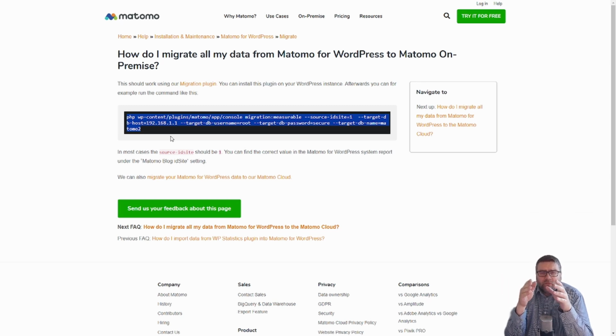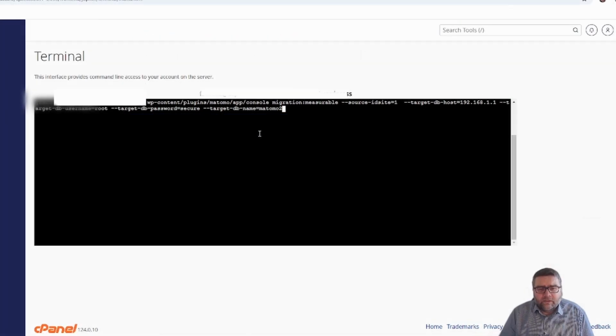So I'm just going to copy that across and put it into my terminal, and we need to change things like the target host IP address, the username, the password, and the name of the database. I already know those, so I can just put them straight in, but those are things you will need to find out. So I've just pasted it in, and it's got the password. I know this is obviously not a password I use in general, it's just for this example, but it's Matomo1234. The username is Matomo,